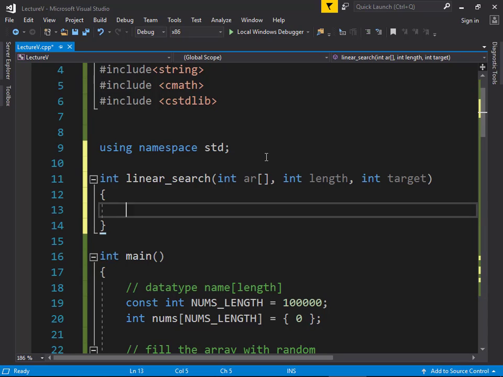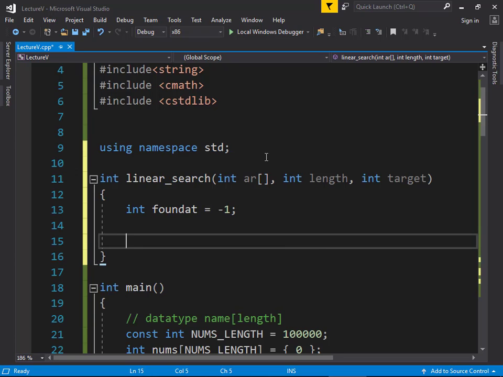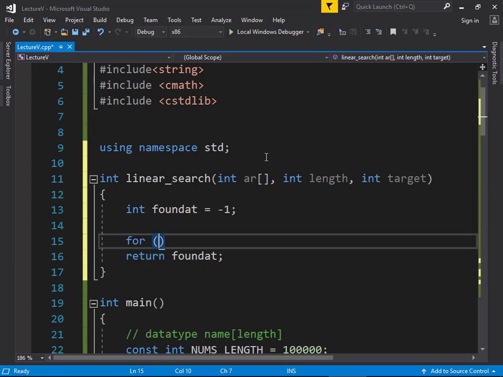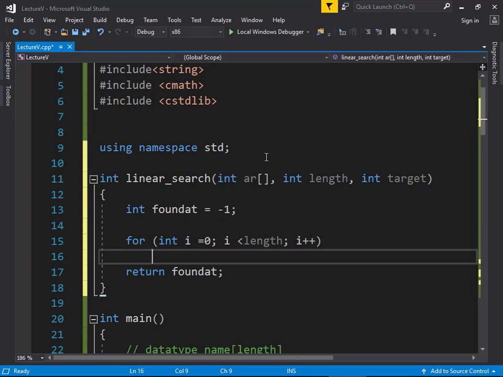Now it's going to be the same kind of business. We just declare a variable called foundat, and at the bottom of the code we're going to do return foundat. So int foundat equals -1. The bottom line of our function had better be return foundat, but between those two lines is where we're going to put our loop. For, parentheses, int i equals 0, i is less than length, semicolon, i plus plus, curly brace,